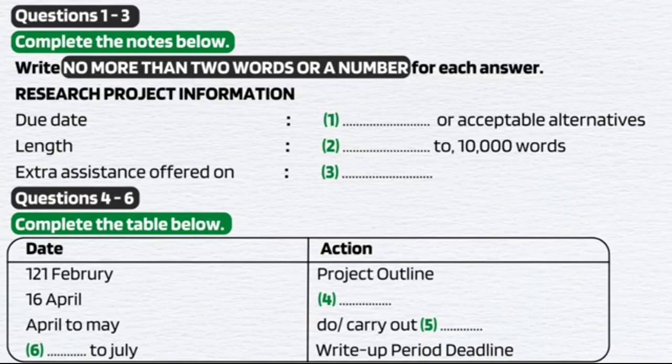Can I just check on the deadlines for everything? Certainly. Look, let me write it on the board when each stage should be completed. First of all, you've got to work on your basic project outline, and that's due in to your course tutor by 21st of February. Which is only 2 weeks away, so you need to get cracking on that.